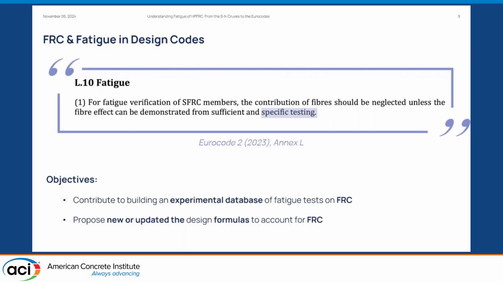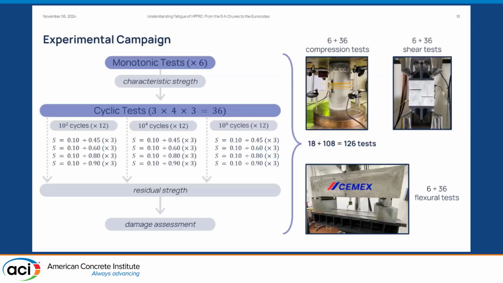We envisioned an experimental campaign. And the idea was to try to assess whether or not current formulations, which were established for ordinary reinforced concrete, are suitable for fiber-reinforced concrete, and if not, what we can do about it. Okay, this is a schematic of the experimental campaign that we went through. We did this for compression and flexure, and today we will cover these two, but also for shear, material shear.